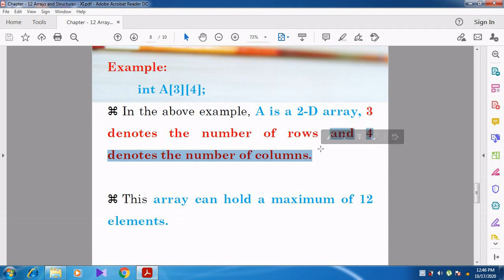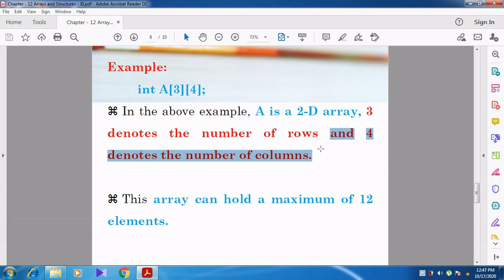A represents the array name, 3 represents the number of rows and 4 represents the number of columns.